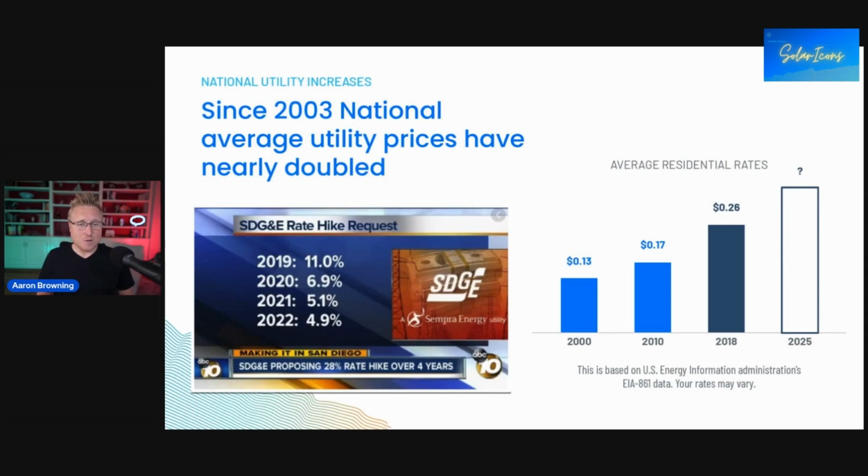As I mentioned, since 2003, national electricity prices have nearly doubled. That's crazy. Historically, they have gone up between 4 and 6% year after year. Unfortunately, we are in what's known as a hyperinflation time period that many are forecasting for the next 4 to 6 years. And I mention that not to be doom and gloom, but to let you know that across this country, most of our utility prices are going up between 14 and 16%, meaning they would have nearly doubled in 3 years. So if someone is paying $200 now, you could anticipate paying close to 400, maybe even more in